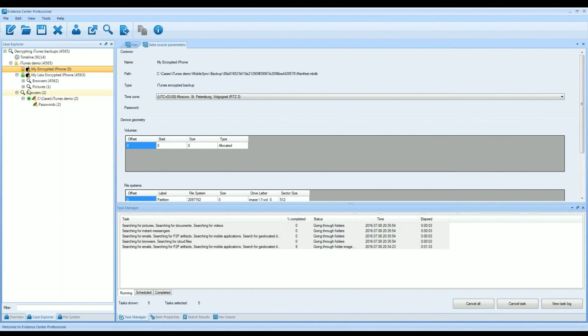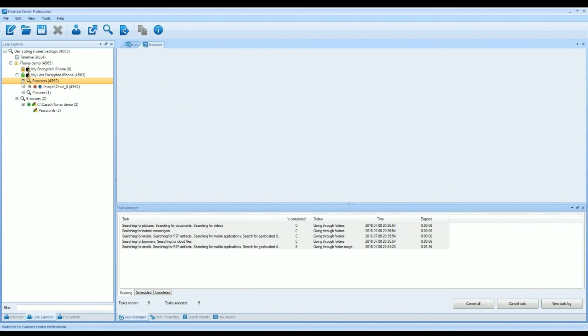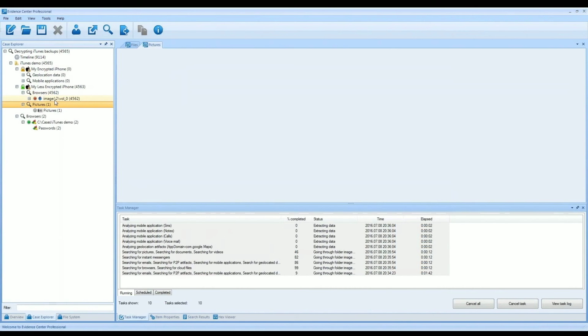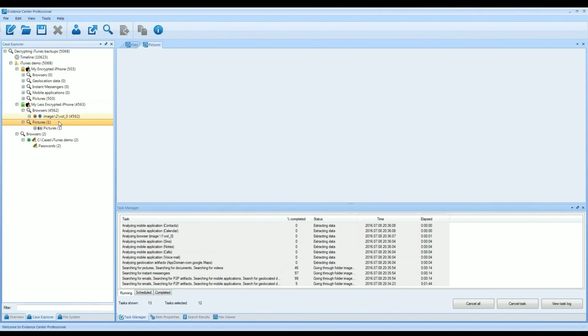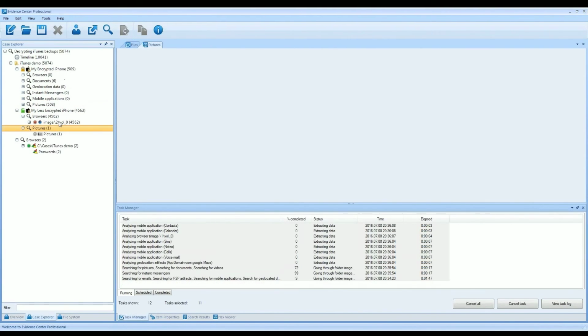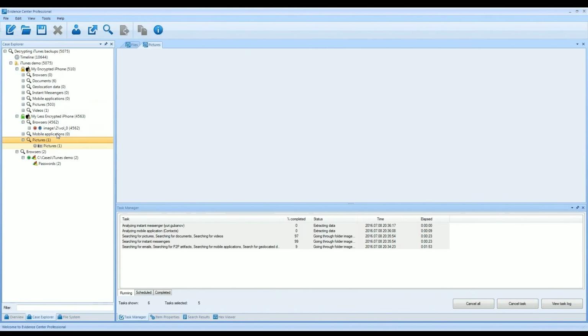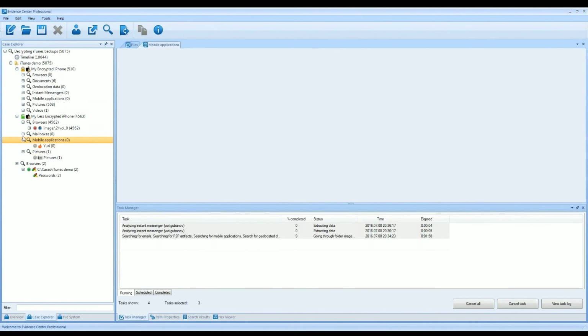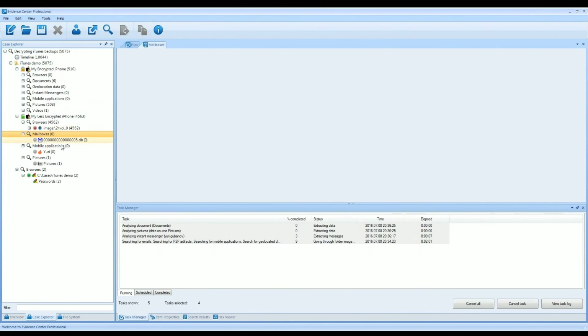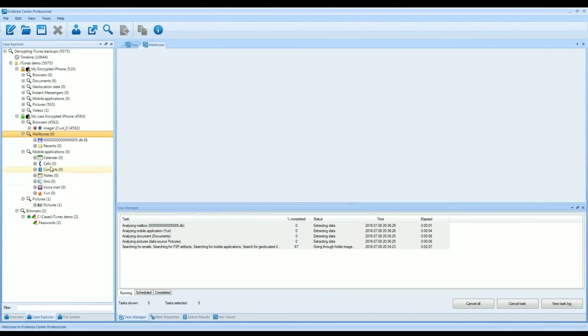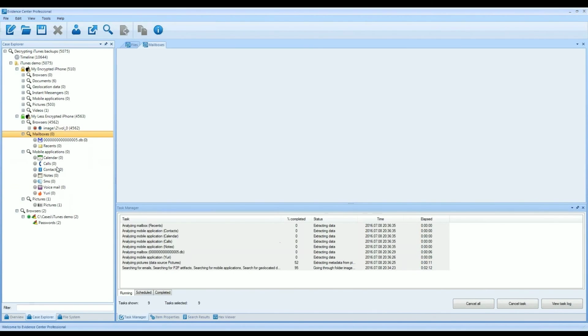Meanwhile, you can see that my less encrypted iPhone was analyzed and some 4,000 browser details were found, some pictures found, and some more information is yet to show, such as Mailbox, some mobile applications like Tinder, Notes, SMSs, calls, calendar, various chat applications, and so on and so forth.